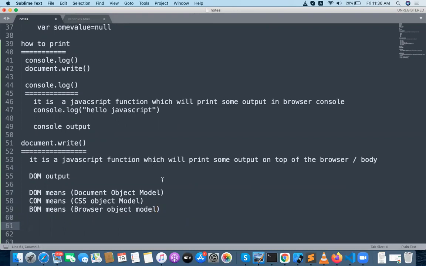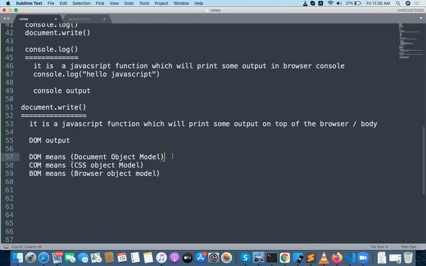I will explain what the different kinds of functions are on top of the DOM, the functions related to CSS manipulation, and the JavaScript functions related to the browser. I will teach each and everything later, don't worry. DOM output is nothing but whatever you see on top of the browser.